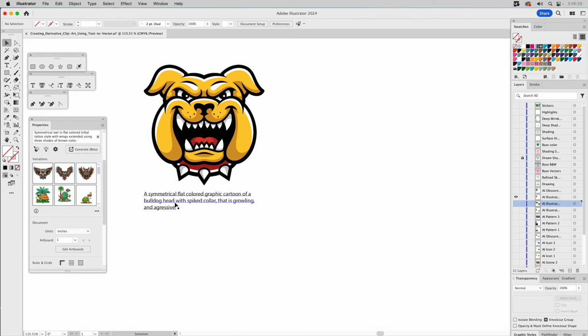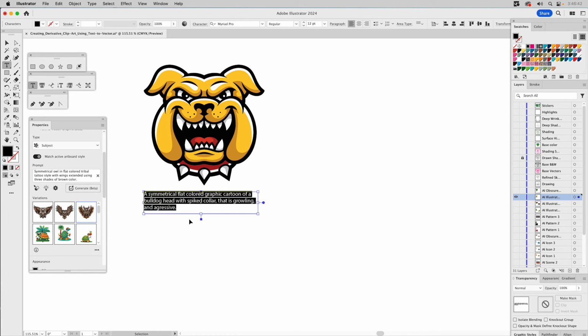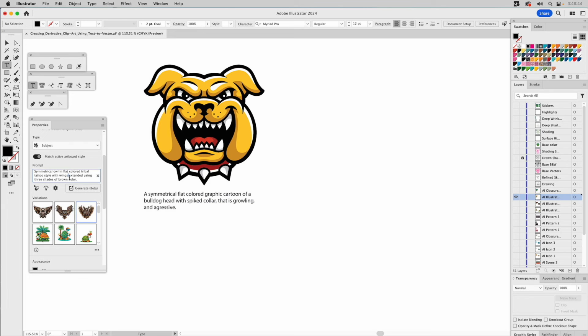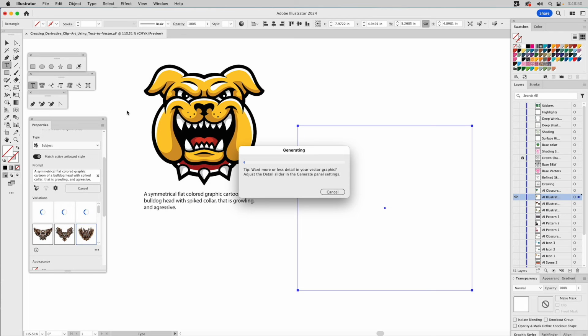This one is, I wanted to use one that had cartoon in it to see if that made any difference. So let's go ahead and create our box over here for it to generate in like that. And then we'll go over here. We'll select this text and paste it over here and see how our prompt does with cartoon colored, symmetrical, flat-colored graphic cartoon. Cartoon means a certain thing for me where it's not stylized like